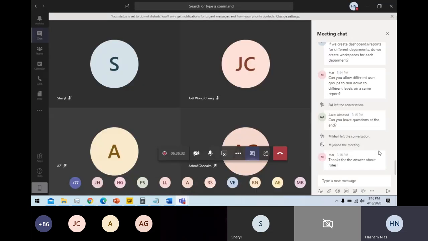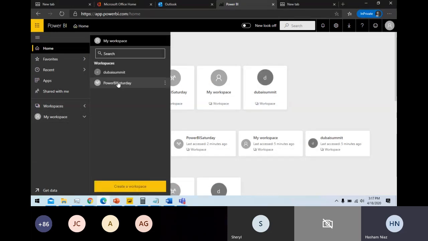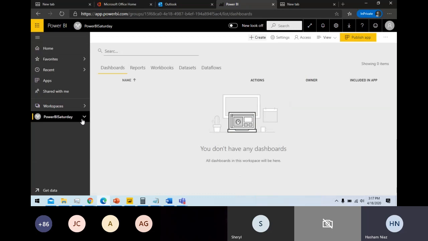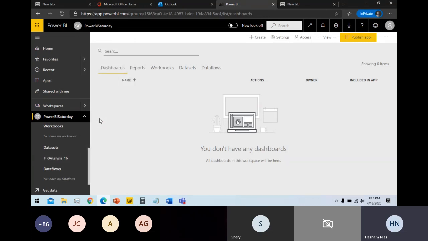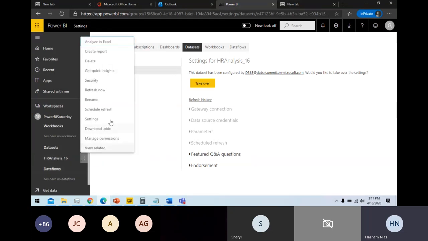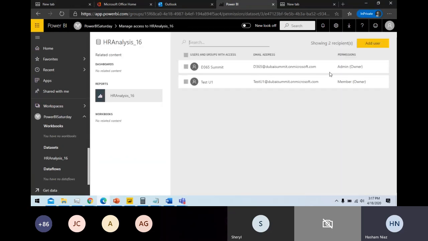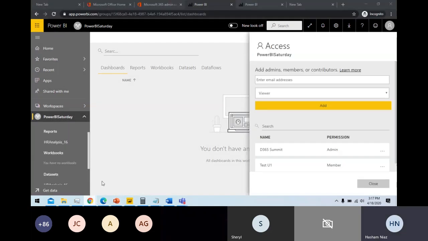You guys can keep asking questions, because I will be answering your questions live here. If I go back here, now I can see, since I moved myself to the member role, I can actually set the settings here as well. And if I go back here, I can manage the permissions here as well, so I can assign everybody else. This is showing me as the owner of this particular group. Now let's go back and turn it to the contributor.